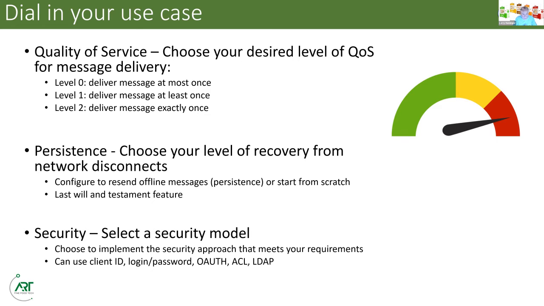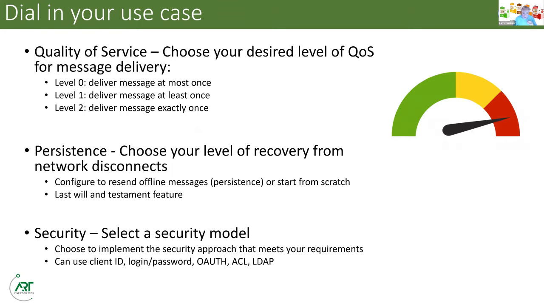It also has a unique feature called last will and testament, which is interesting. So in this unreliable network, so to speak, I've got producers and consumers running. Something crashes, right? Software is not perfect. Occasionally it crashes, goes offline. You can configure either that publisher or subscriber to send out a last message, to publish the fact that, hey, I'm crashing or I'm going away, letting the other subscribers to that topic or the publisher of that topic deal with that situation. I'm just calling that out because I feel like that's a very unique feature